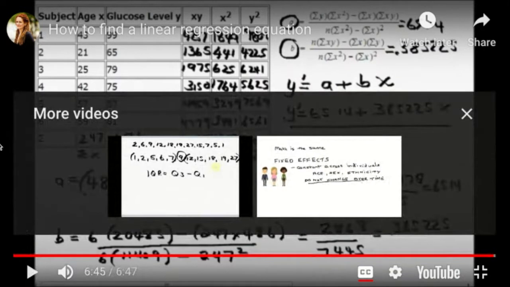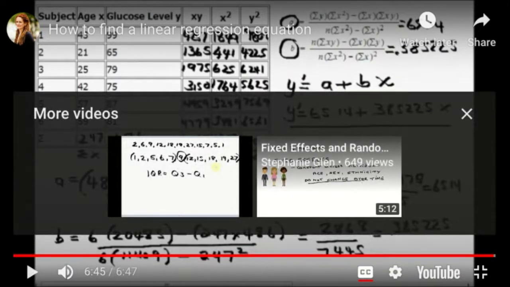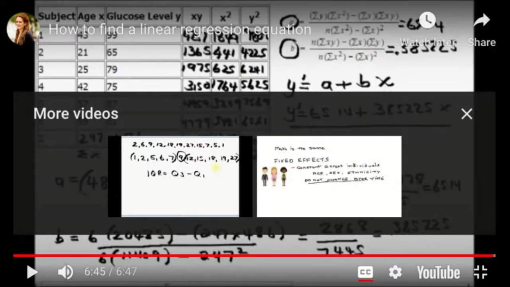Okay, so remember you'll have to memorize that formula. Not really. Okay. So actually,